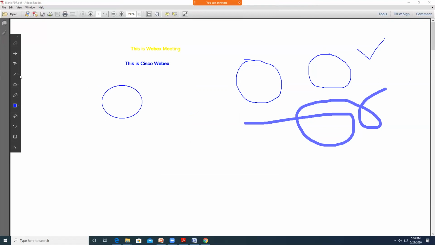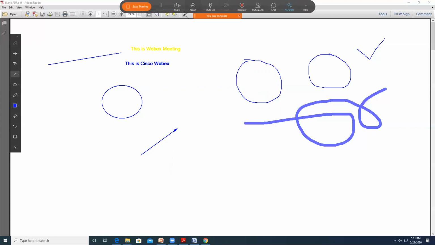You can draw oval shaped circles, and you can also draw a line. And you can also draw arrows. You can do whatever tools are there. You can make use of them, and then you can explain things better. So this is about annotating. So as I said, you can also highlight the things on the screen as you explain things to the students.